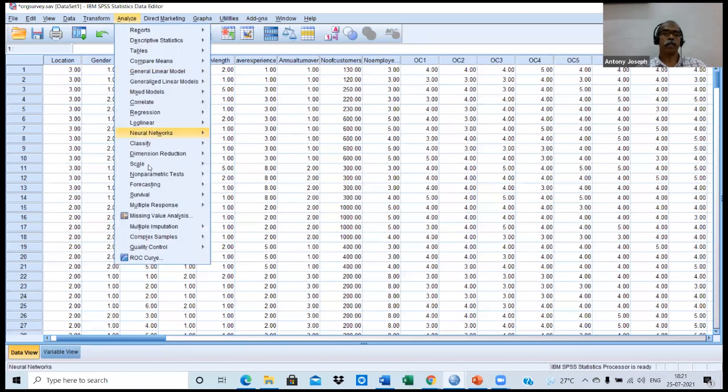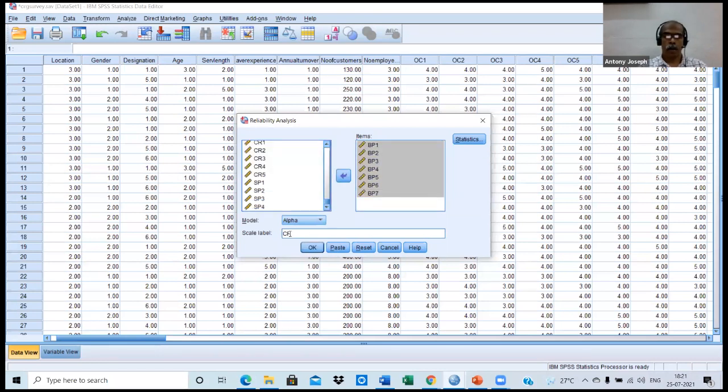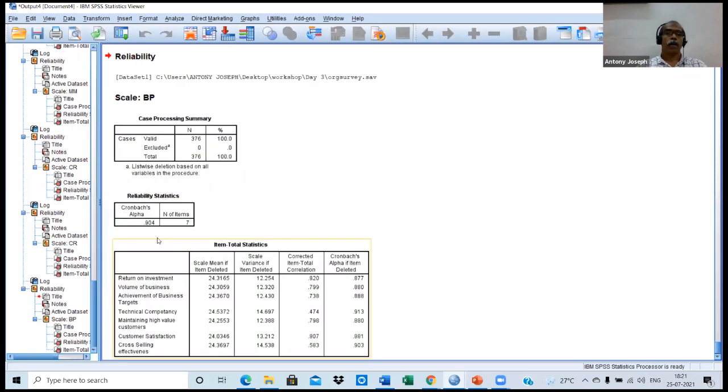Analyze. So this will be the second last scale. BP1 to BP7. BP. Okay. Cronbach alpha is 0.904.